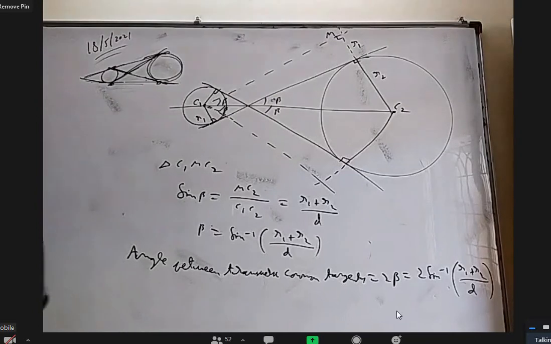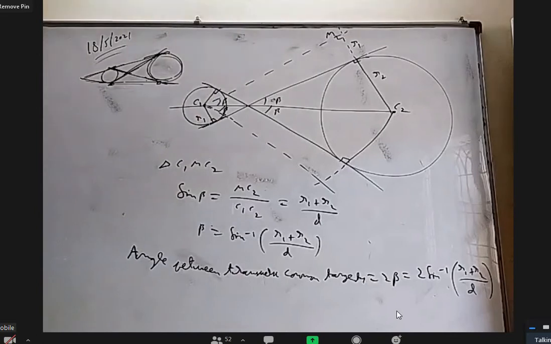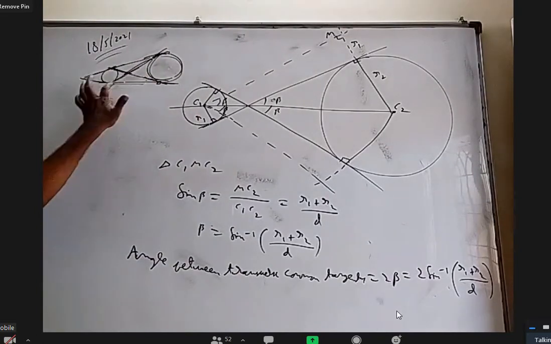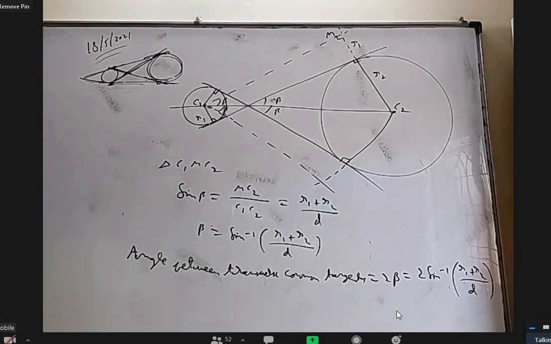First of all, I wanted to show that those 4 are concyclic. Not just concyclic. How will you find that circle passing through those 4? If I give this circle equation to you, this circle equation to you, and ask, find a circle passing through these 4. What are these 4? Points of intersection of one direct and one transverse. Okay, how will you find a circle passing through those 4 points? Is the question clear? Yes, sir. So those who are interested, think about it.